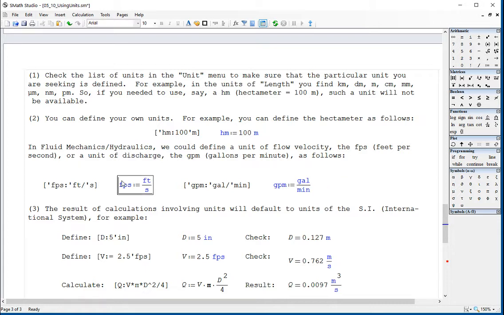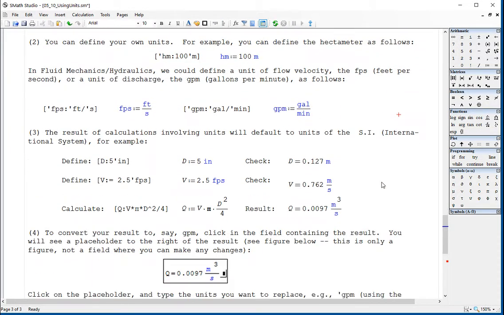So if I want to define feet per second, you just type quote FPS, turn into units, colon, and then quote FT divided by quote second. And that's the FPS, that's what I define over here. And the gallons per minute, GPM, gal over min. And so if I define a diameter of 5 inches,